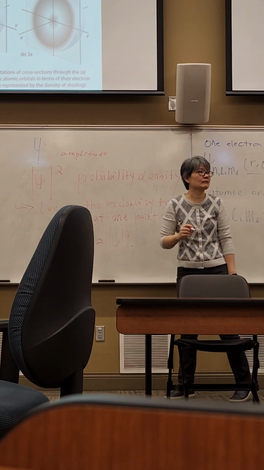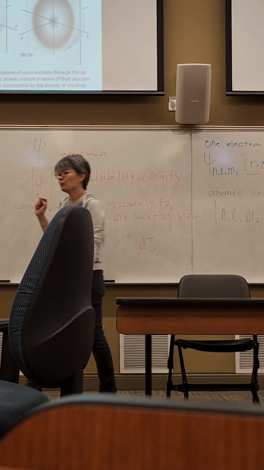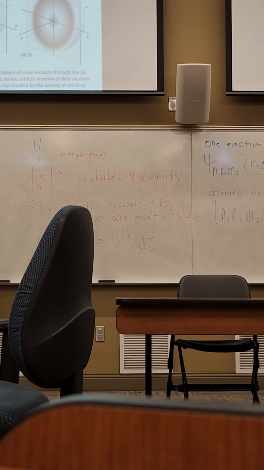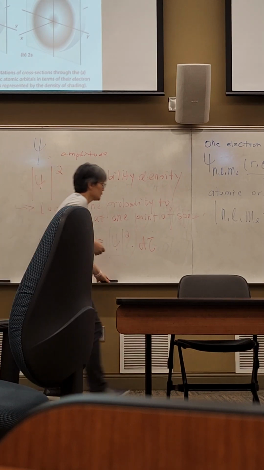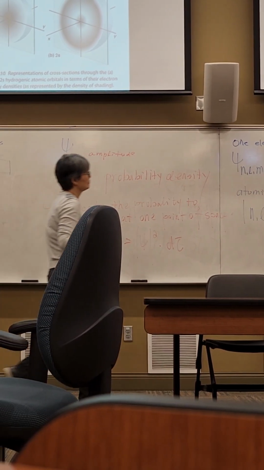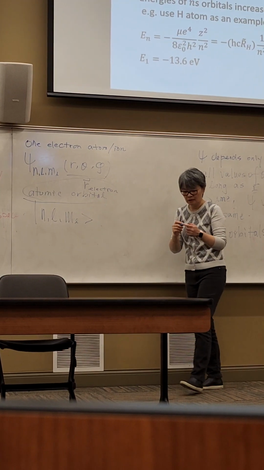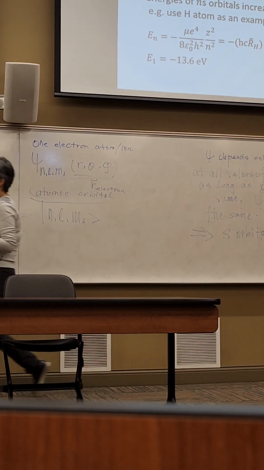How do we represent small volume? We use d tau. Now d tau could be one-dimensional, substituted with the length for one dimension, two-dimensional, or three-dimensional. Alrighty. Now, let's say, okay, for our systems, those are atomic orbitals. Now, if I want to write out